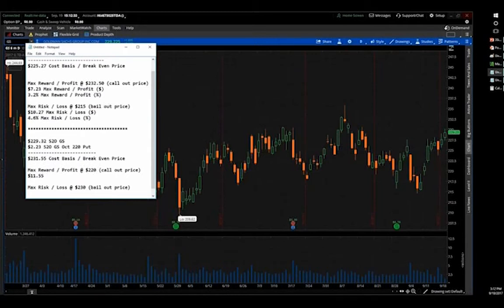If I sell somebody a put, that means I have an obligation. Please write this down. I have an obligation to buy that person's stock at the strike price at any time between now and expiration. I have that obligation. In other words, if somebody buys a put from me, say for instance, they bought a 215 strike price put from me,